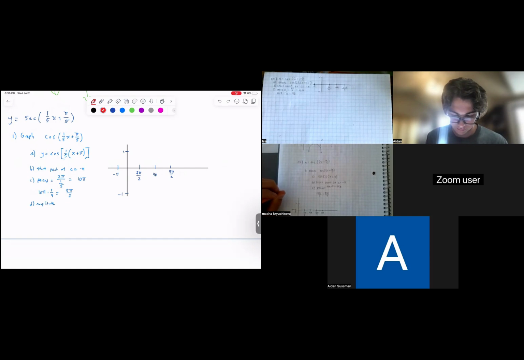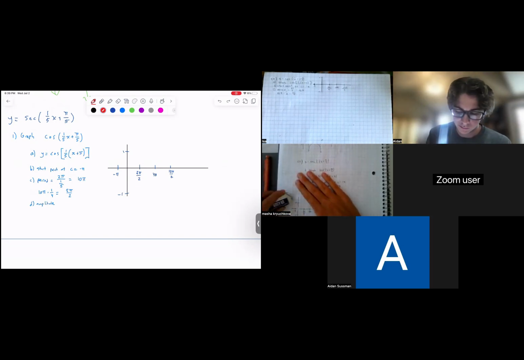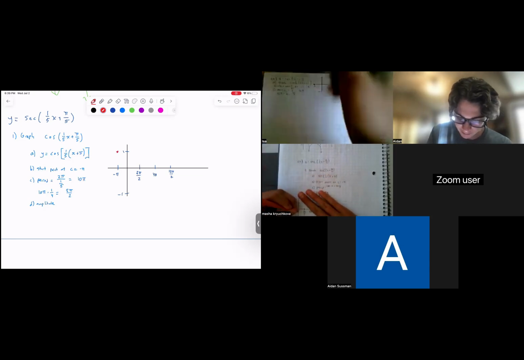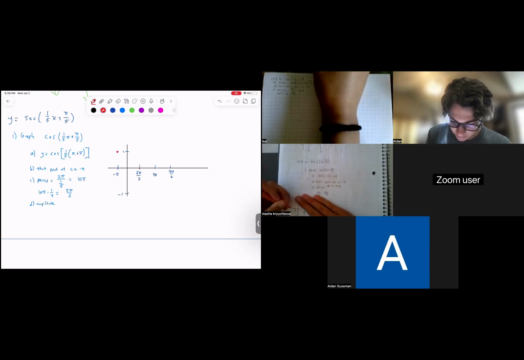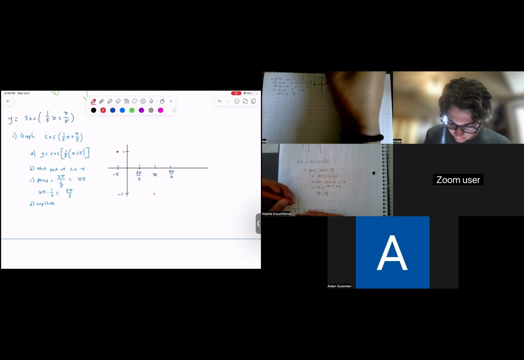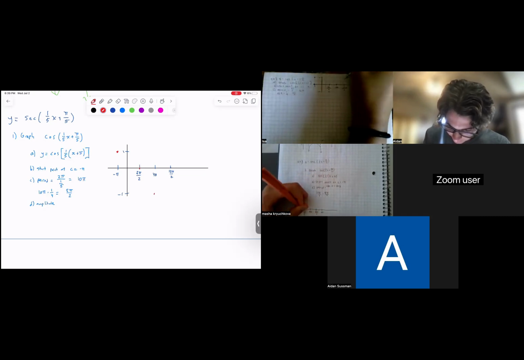Is it at 0? When is 0? What kind of graph do we have? Cosine always starts where? Is that +1? Yep, cosine always starts at the top and it goes down, then it goes down again, then it goes up,